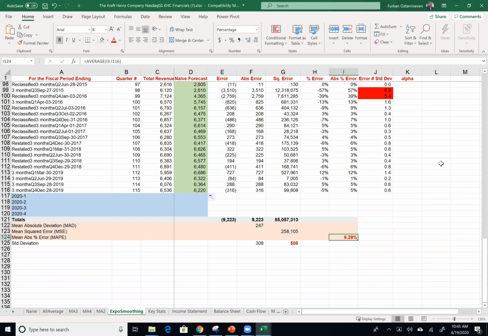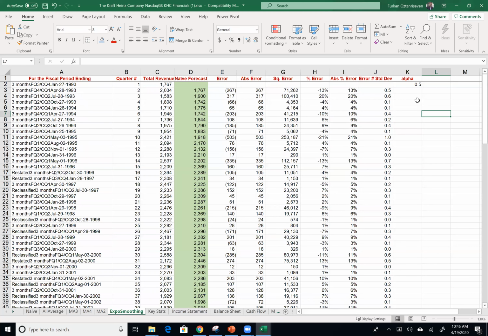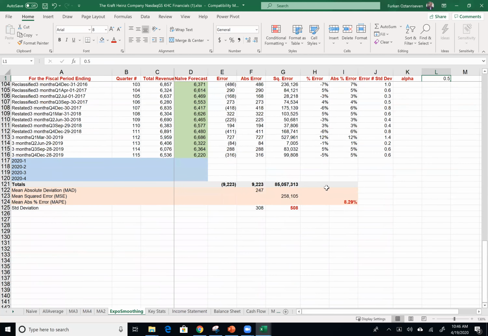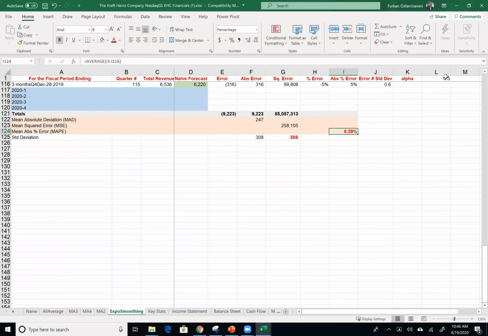What I'm going to do is some tricks here. Maybe I carry this alpha factor right here so I can see it all the time. I just drag it here. So I will play with the alpha factor and see whether I can improve my accuracy of 8.29. So I will put here, let's try